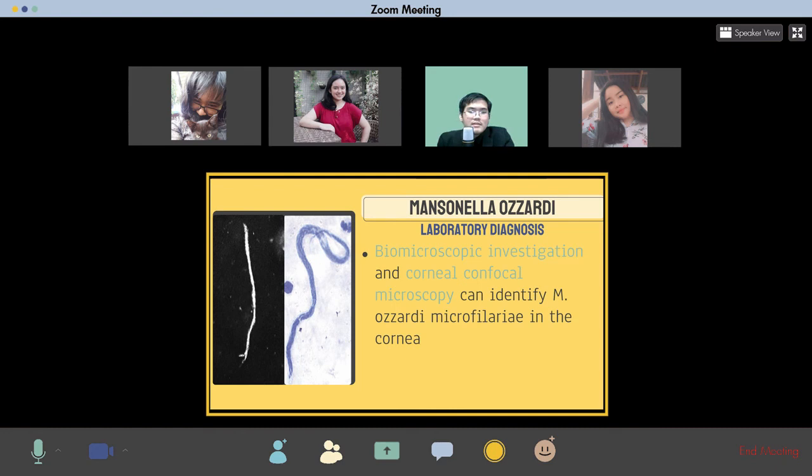So why would this be interesting or why would this be unique? Because if you are going to be basing this on the life cycle, they typically say that these worms reside in your subcutaneous tissues. The notion of this organism being present or causing damage to the eye is eye-opening. I'm sorry, but yes, it is eye-opening because it is among the few documented cases wherein the organism strayed